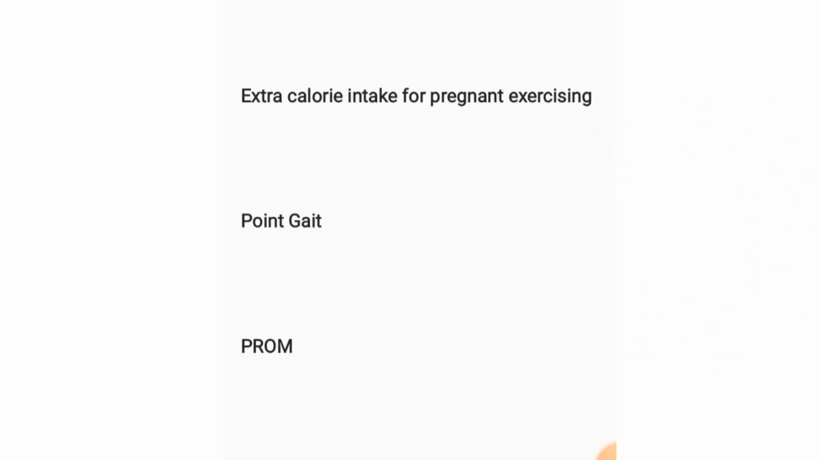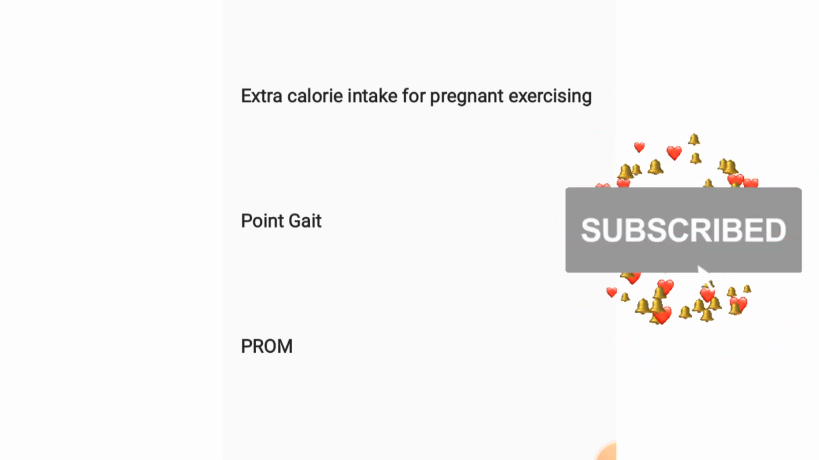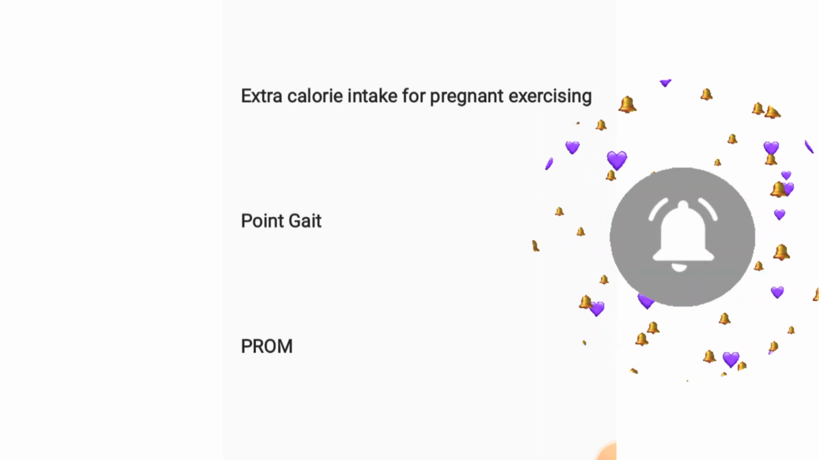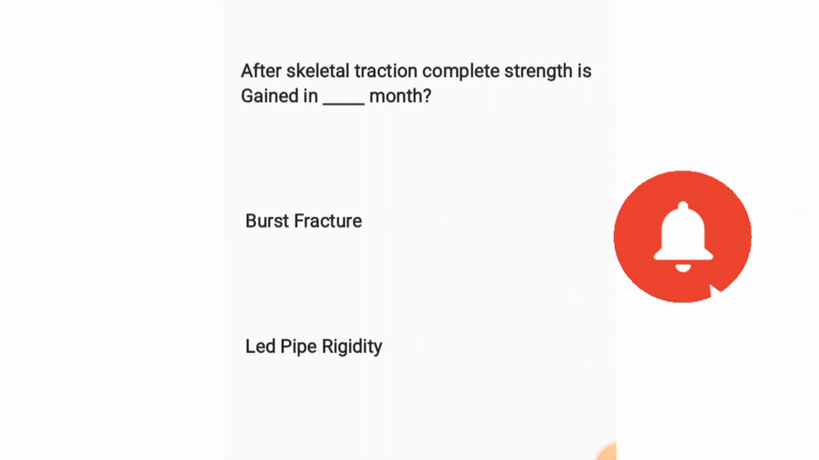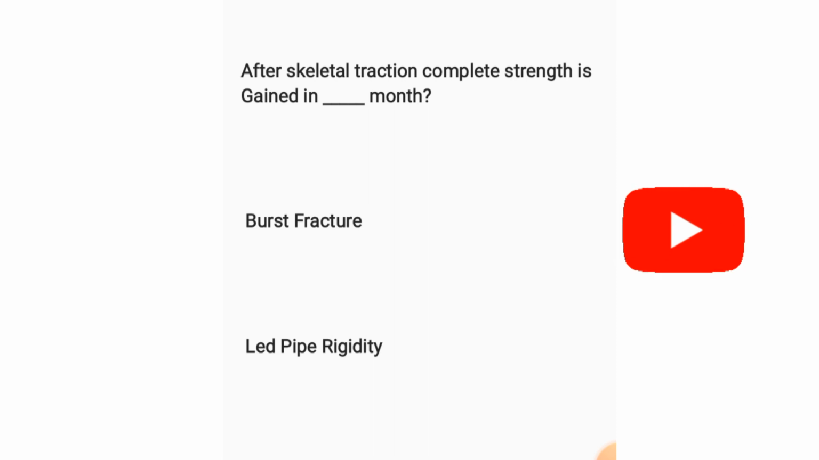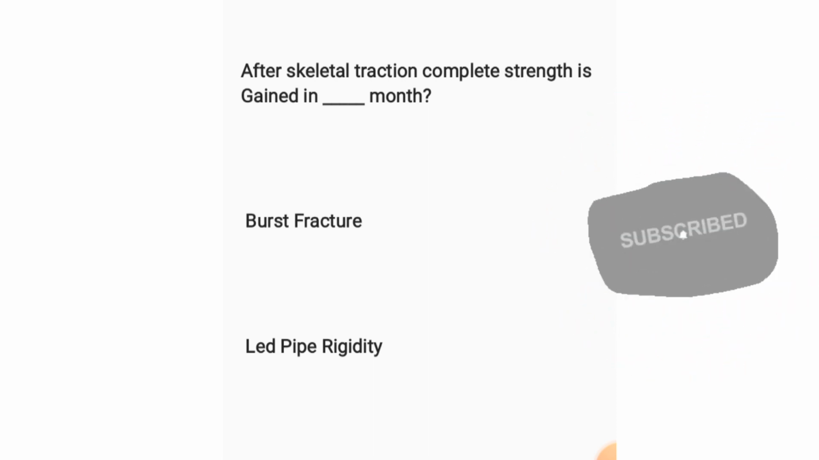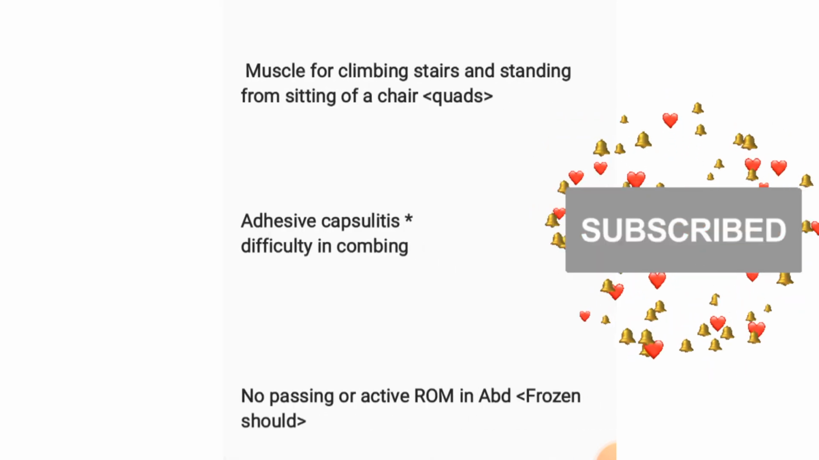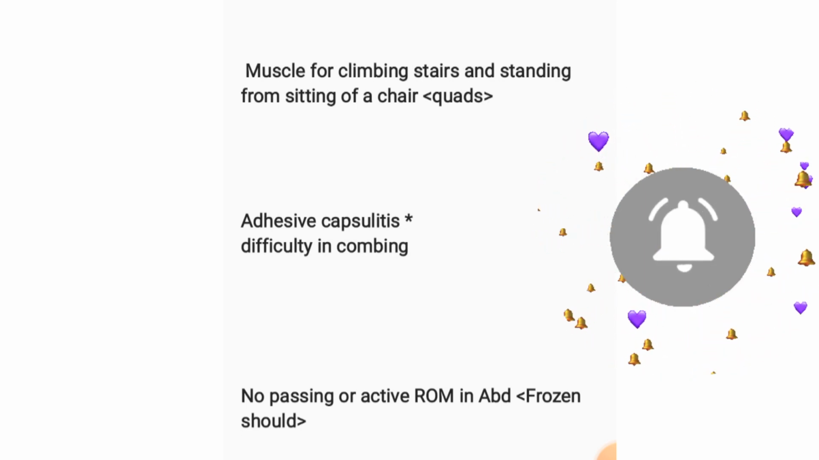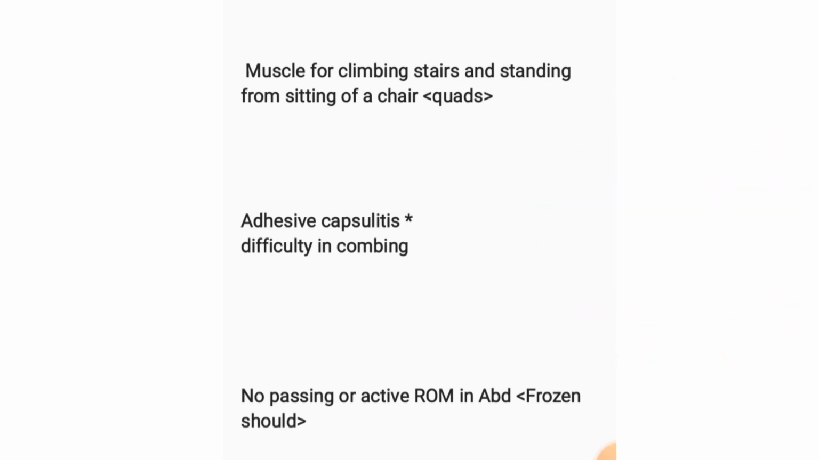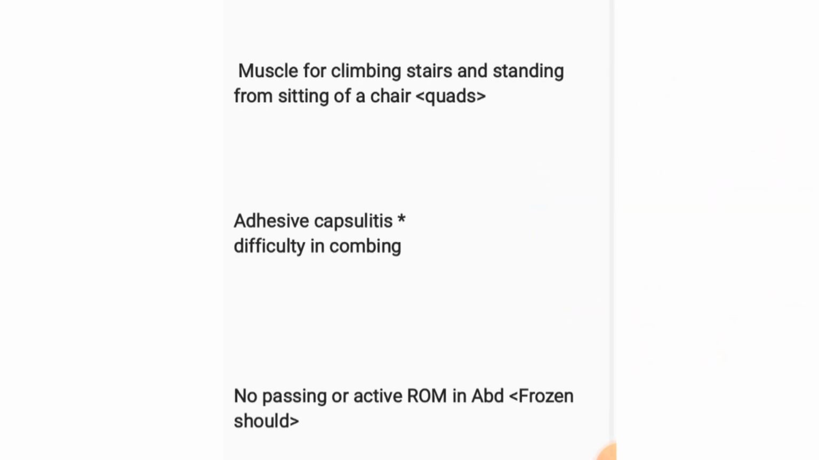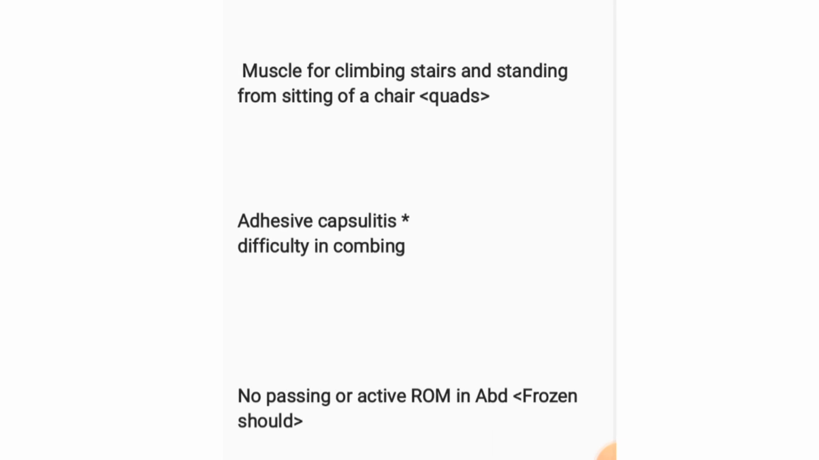Extra calorie intake for pregnant exercising women, pointe gait, passive range of motion. After skeletal traction, complete strength is gained in Dashman's, burst fracture, lead pipe rigidity, muscle for climbing stairs and standing from sitting of a chair, COPD, adhesive capsulitis, difficulty in combing, no passive or active range of motion and abduction, that's frozen shoulder,